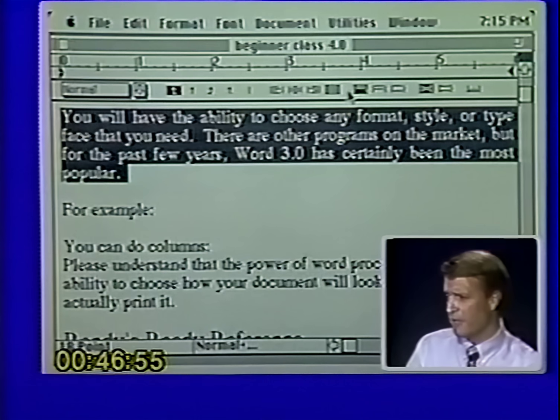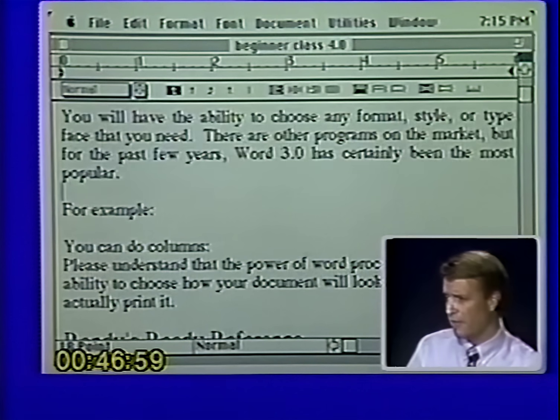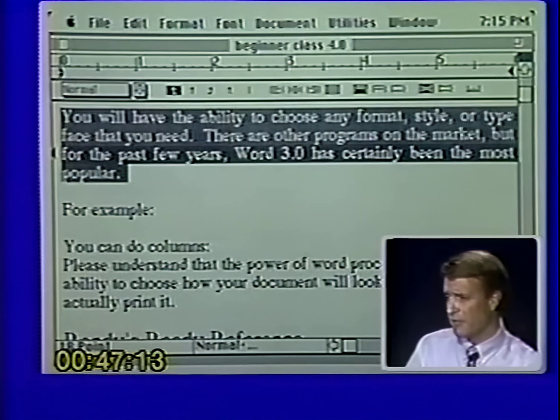Now let me just mention something about justifying both left and right. You'll notice it looks really nice. We've got a nice straight left edge and we've got a nice straight right edge. But you'll also notice whenever you use this option that you'll get some strange spacing in your document. Some words will have 1 space between them, some will have 2, some might even have 3. So this is a nice little option. It does make it look good, but remember you give something up. When it looks really strange is if you only got 3 words in your sentence. It'll stick one way over to the left, it'll stick one way over to the right, and it'll leave the third one floating around in the middle somewhere.